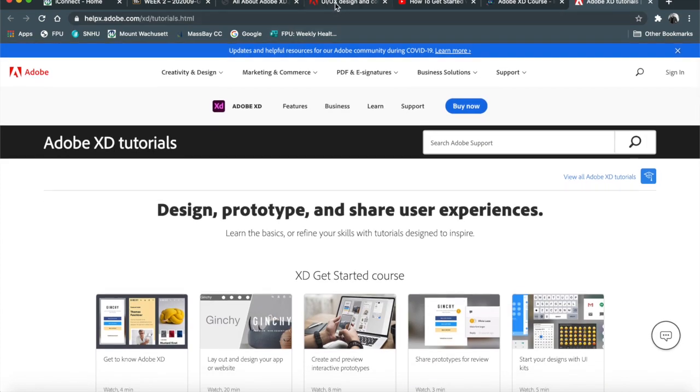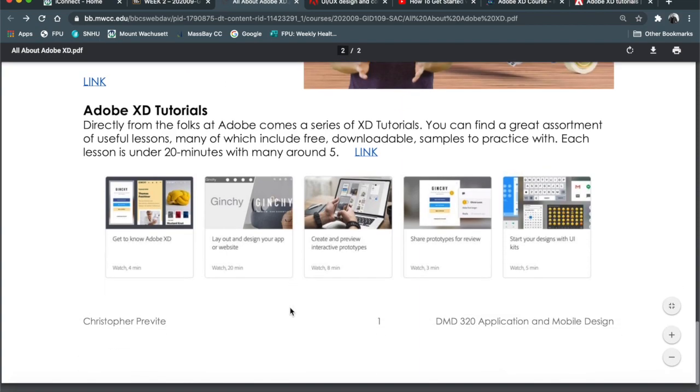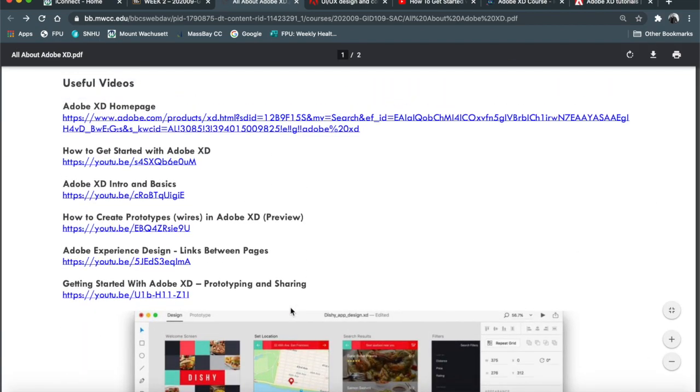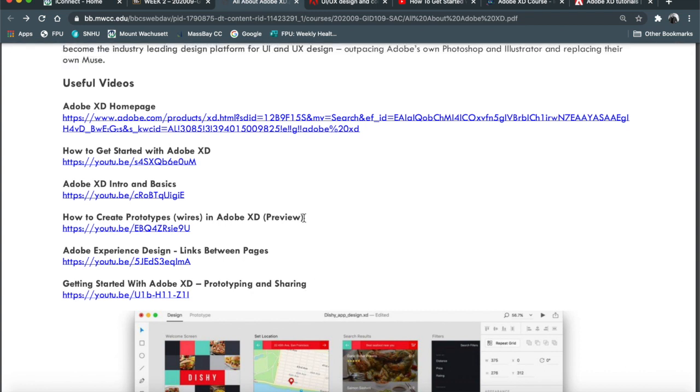So again, I do not expect you to go through every resource in this 2-page handout. But I'm giving you resources to get started with Adobe XD. Now, if we were meeting in class in person, this would be different. We'd be able to have more time in class to play around with the software together as a group, help each other out. But since we're working in an online environment, working completely remotely, you're going to have to take some of the learning into your own hands a little bit more,